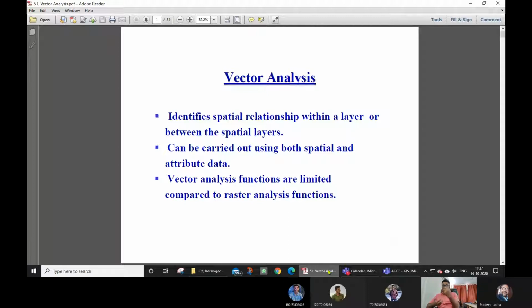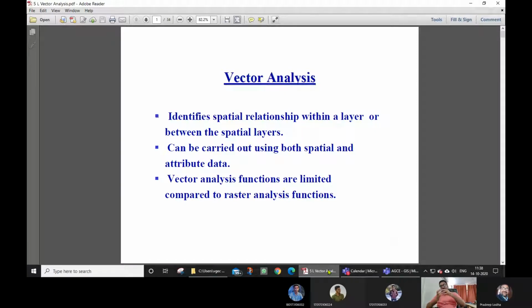Earlier we have seen simple display, that a point can be displayed using the cell value, many cells in a row can create a line, and then a group of cells gives you a sense of area. So that was like a display.